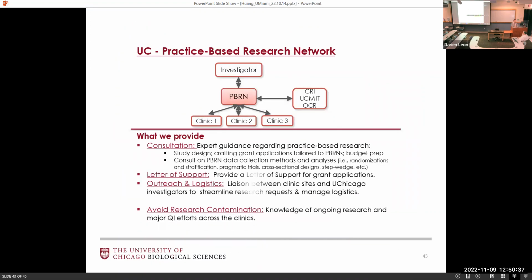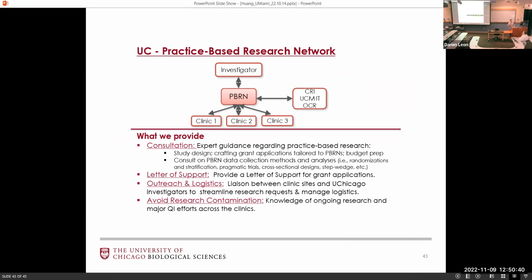And all of this also happened, I actually had to do some administrative stuff before doing this, because it was difficult to do randomized controlled trials at the University of Chicago, I'd say 10 years ago. We didn't have that many clinical practices. So 3 or 4 years ago, I helped build the University of Chicago's practice-based research network, which basically allows us to plan future randomized controlled trials and other studies in advance of even the submission of grants. This helps us to engage clinical practices, but also to avoid research contamination. I can tell you, when I was a fellow at Harvard, there were 4 diabetes randomized controlled trials going on in the partner system at the same time that were contaminating each other because they did not have a PBRN.